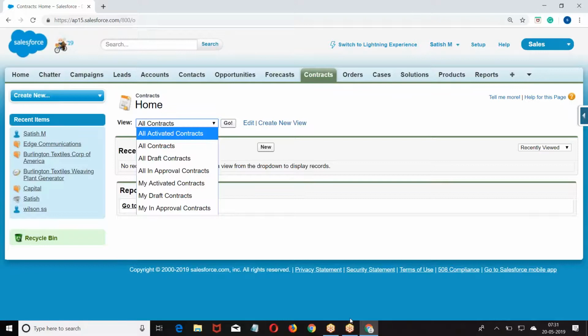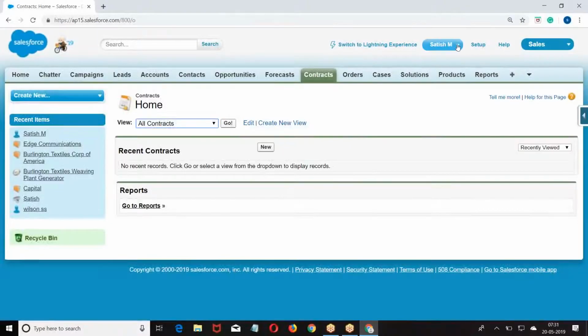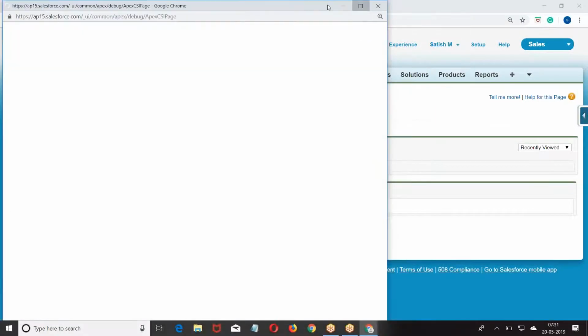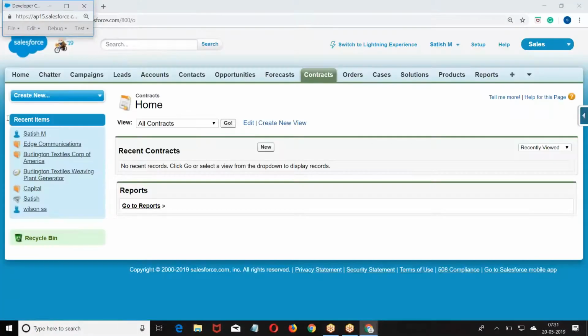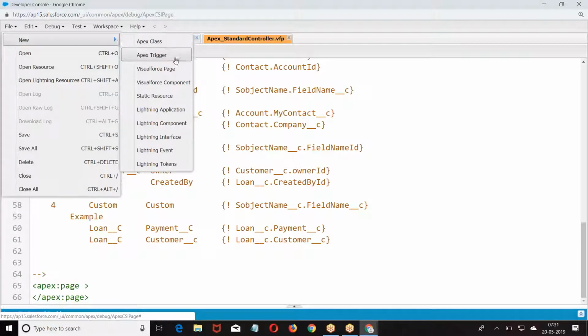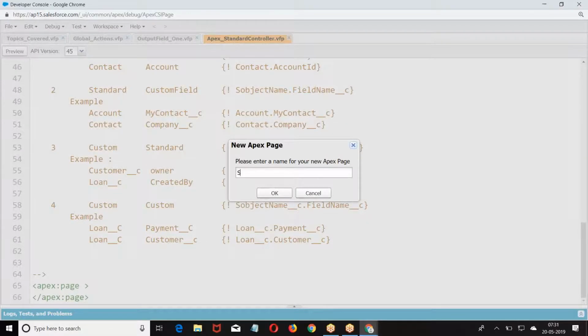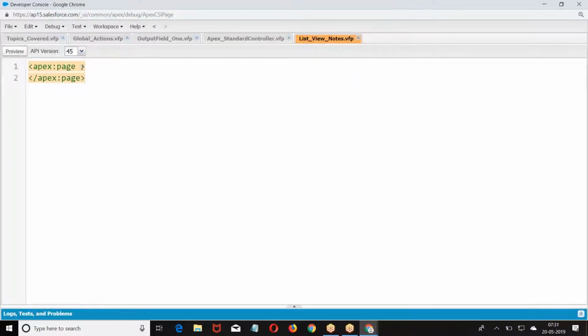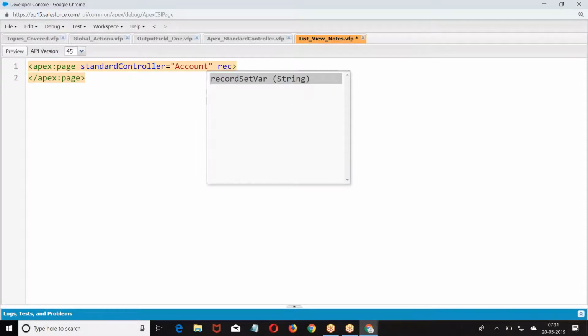Right. So what I was doing, here I am giving standard controller equal to account. Then I am taking record set var.